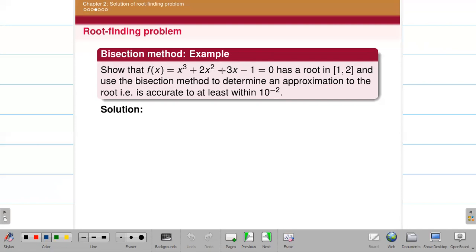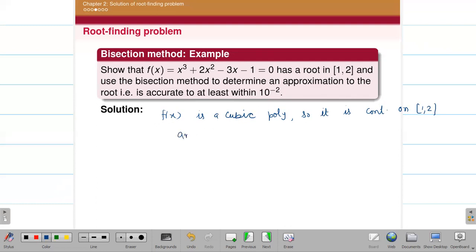So we show that this function has a root in [1, 2]. You have to show that first of all. How to show that? By IVT you can show it. It is a cubic polynomial, so it is a continuous function. Cubic polynomials are continuous in a finite interval, so it is continuous on [1, 2]. Actually the interval is given, otherwise you can find the intervals also, but here you have to show that the root lies in this interval.